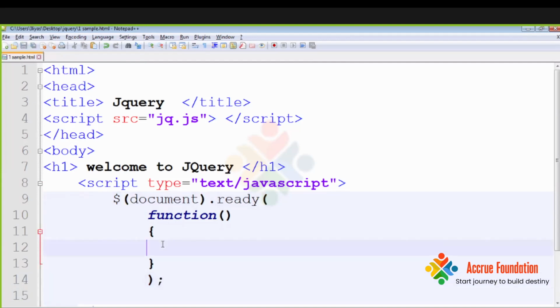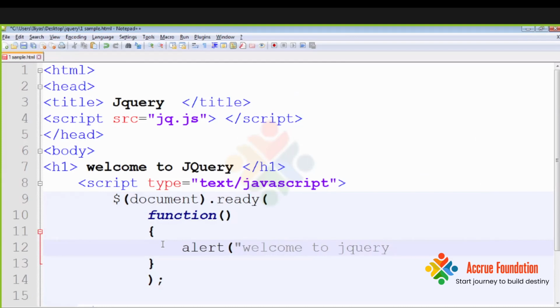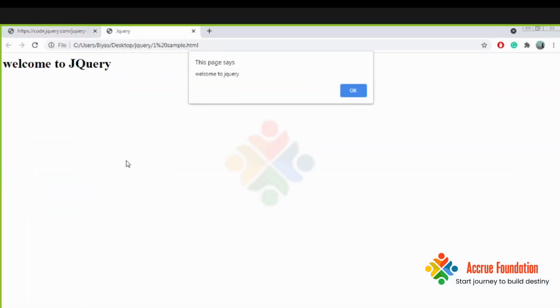And here you can write your statements. For example, I'll write alert, and here I'll pass "welcome to jQuery". Now run this file. You can see we got the message, welcome to jQuery, right?